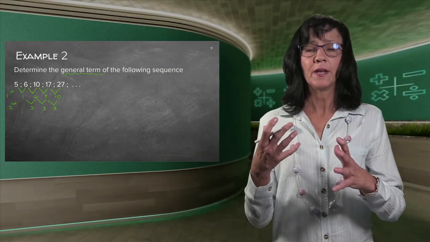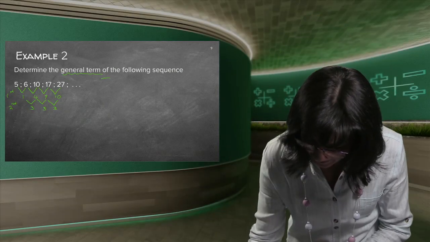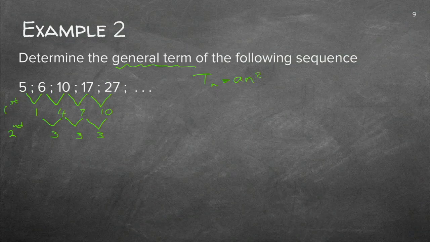Now remember, we now got a method. I know my formula is, let's write it down here, an squared plus bn plus c. So the a and the b and the c are the 3 things you need to find. The easiest way is to start off with the a. So you're going to take this a, and remember, we said the second difference is always equal to 2a. So we're going to take the second difference, in this case it's 3, and we're going to write down 2a is equal to 3. That means a is equal to 3 halves. You can make it 1,5 or 1.5, but it's easy to just work with the fraction as it is, 3 over 2. So now I can go and replace the a. I can just tick it off.